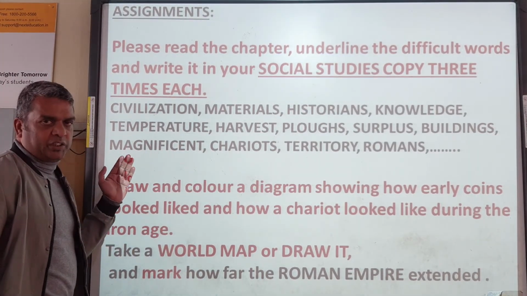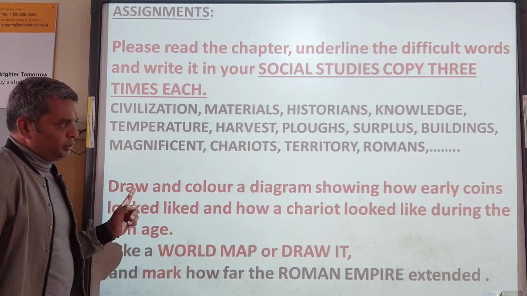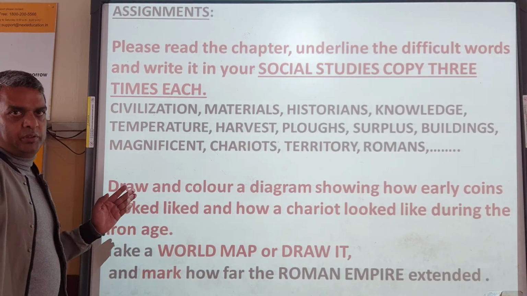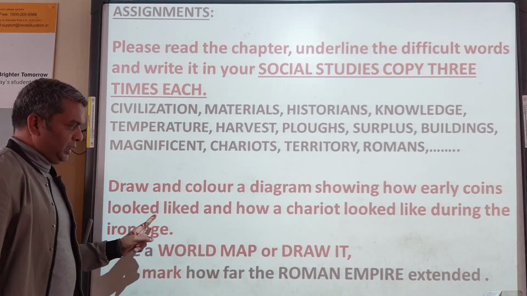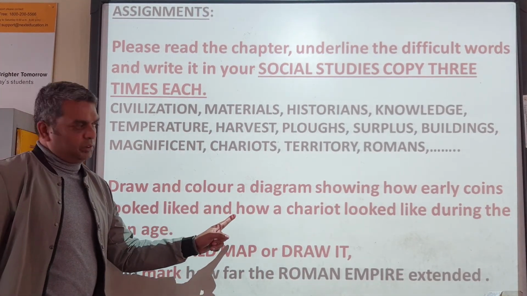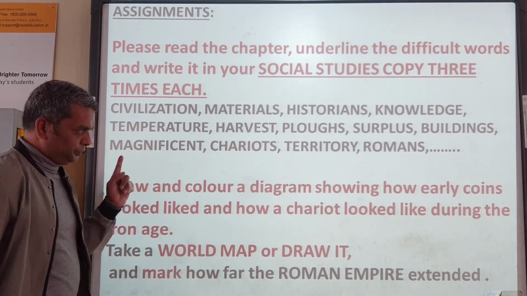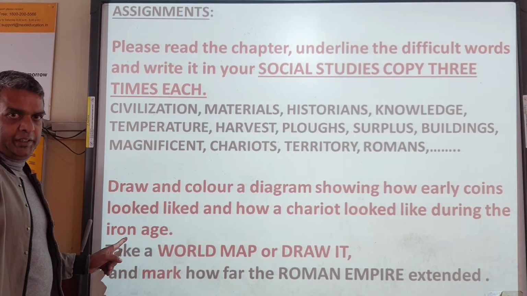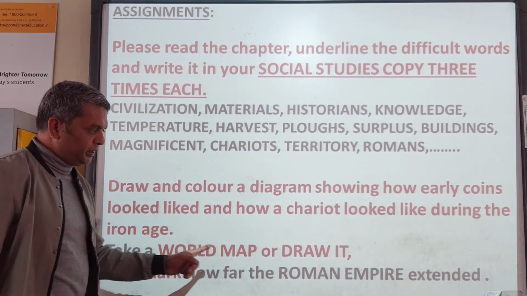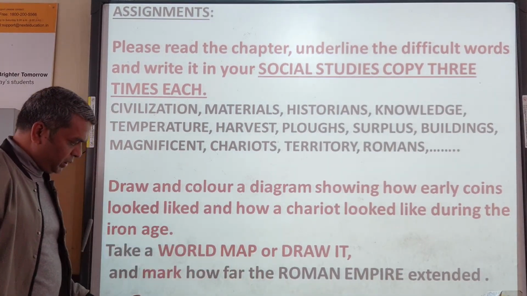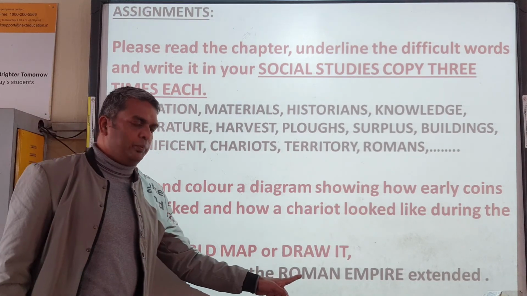Okay? Pronounce it correctly. And then draw and color diagrams, okay, of how early coins looked. And draw a chariot as it looked during the Iron Age. And then we want you to take a world map. If you cannot find it, then you can draw the world map and mark how far the Roman Empire